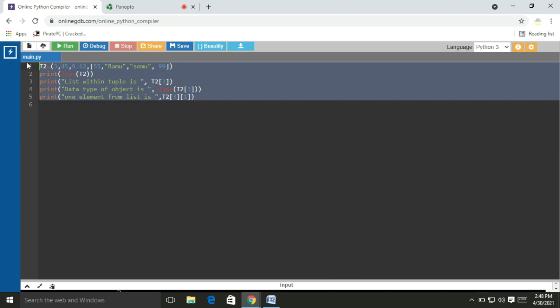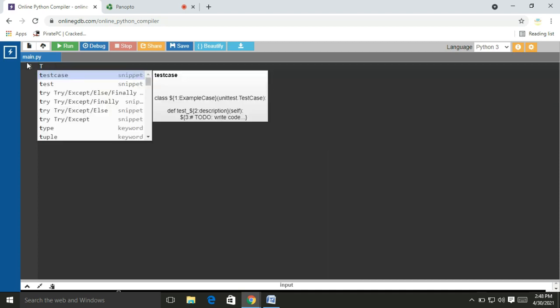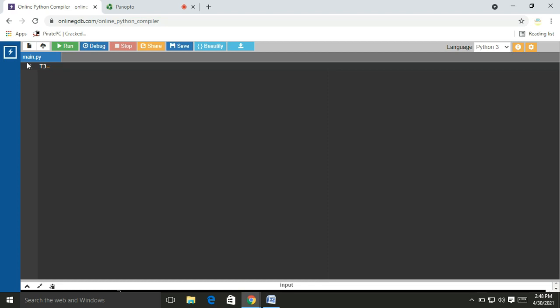Now I try to embed a set within the tuple. T3 is, we are creating tuples with round braces. I am going to take 5, 6.9, comma 12, comma, right? We can create the set with curly braces, that is 33, comma 44, comma ABC.